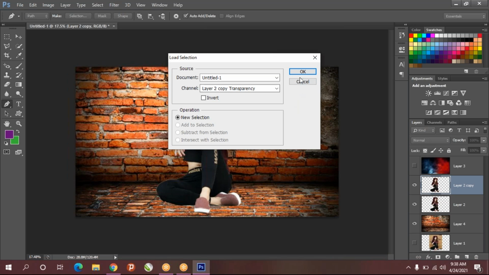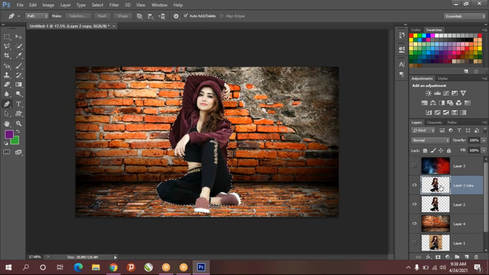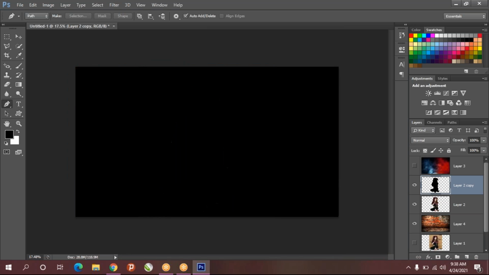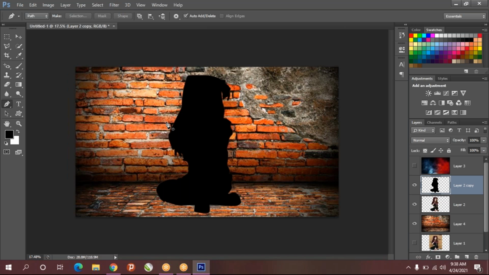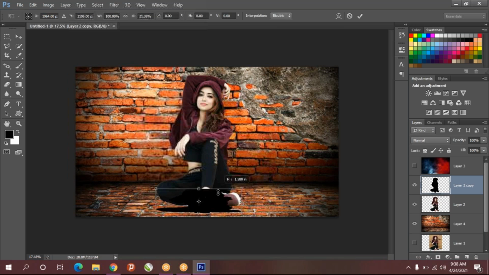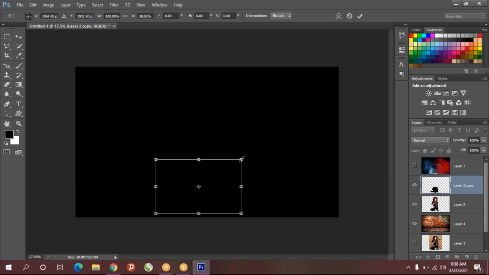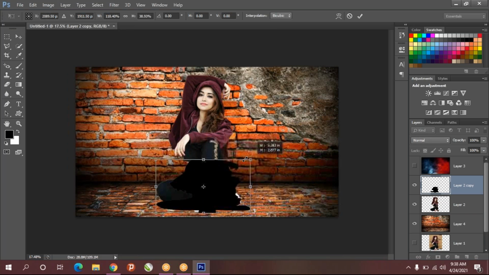So once again we can select the girl layer which I duplicated. I'll fill with black color. Alt backspace, black color, and Control T. Okay, and press Control T, and shadow which direction you want you can adjust.